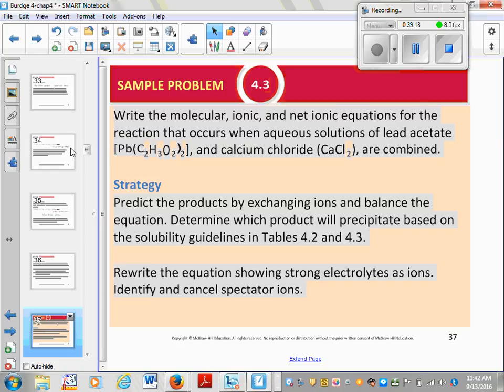Well, how do we know what they're going to become? Because I didn't tell you. What you do is you switch the cations. So the Pb is going to come over here. Ca is going to come over here. Well, in this case, it's pretty simple because the Pb, we know, is 2 plus, and the calcium is 2 plus. So we're going to get